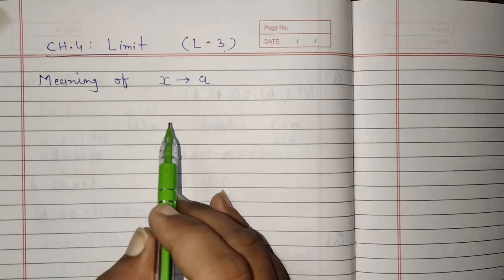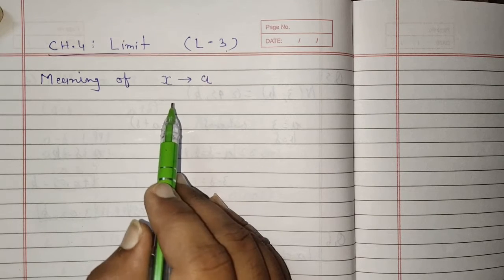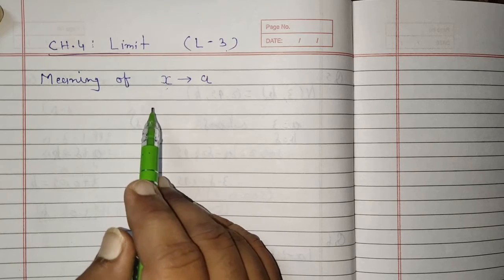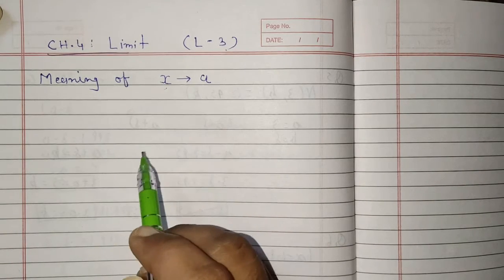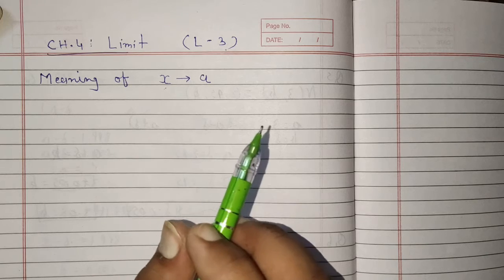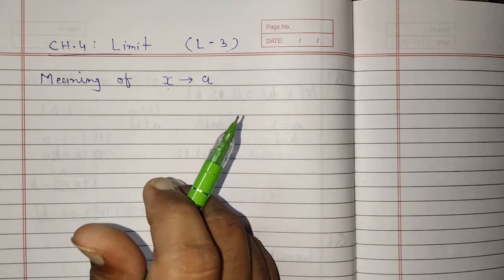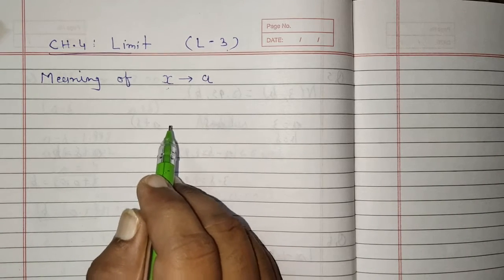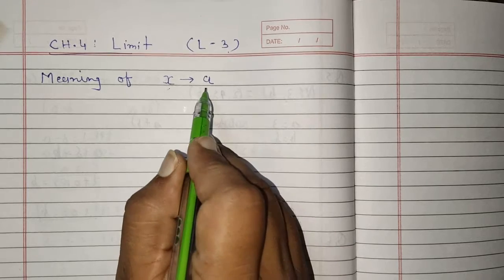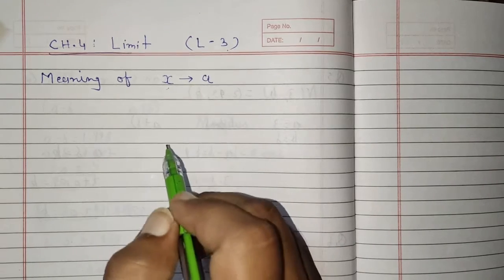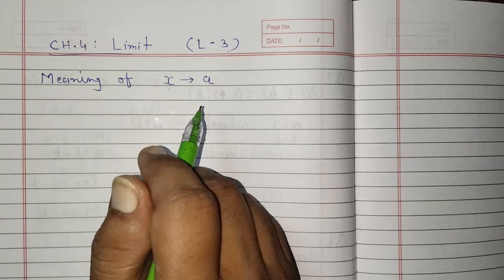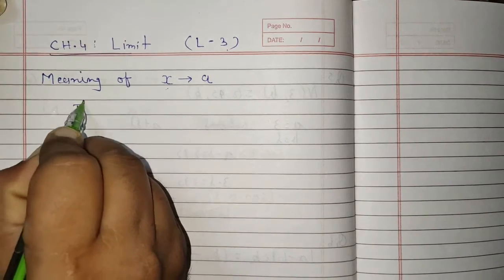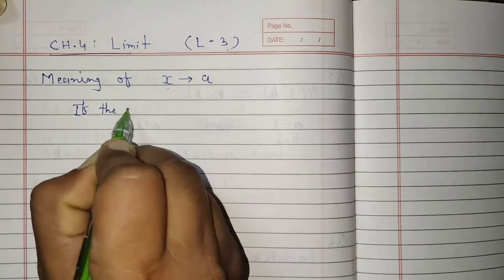That means the value of a variable, by increasing or decreasing its value, we make it nearer to a. It means for a particular value. Now we'll discuss the points. If the value of a variable x is brought,